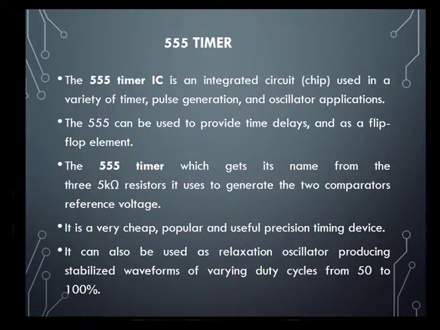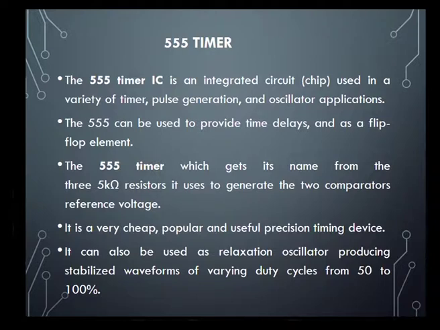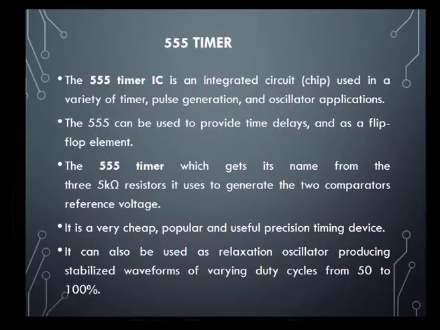Why did the 555 timer get its name as 555? Because there are three resistors used in the internal block of the IC of a 555 timer, because we need to give a comparator a voltage. That voltage has to be maintained with the help of the resistors. These resistors divide the voltage in such a way as to operate the capacitor. So, we need this series of three resistors connected to the comparator. That is why we call it a 555 timer.